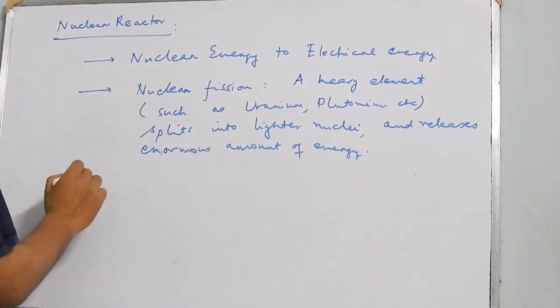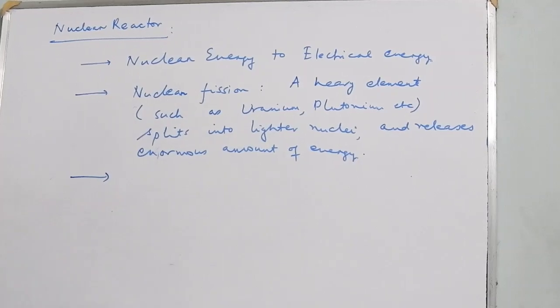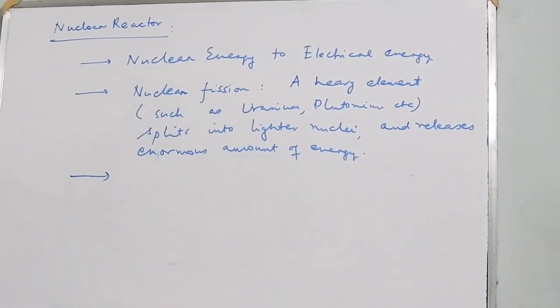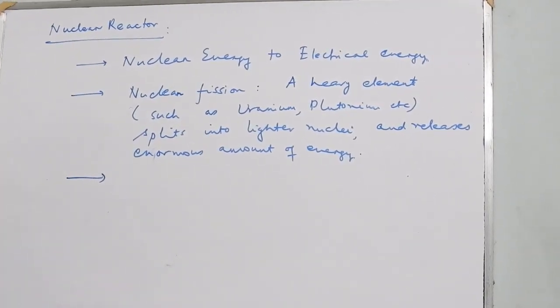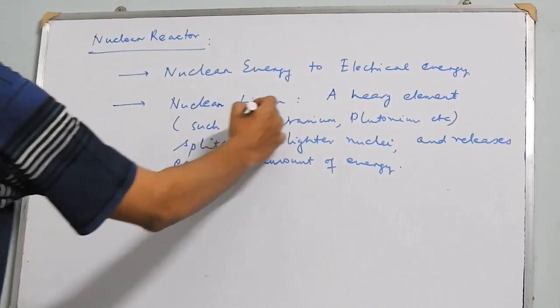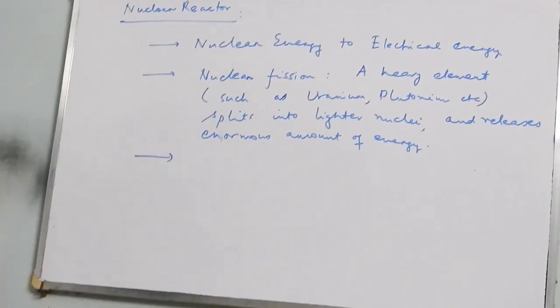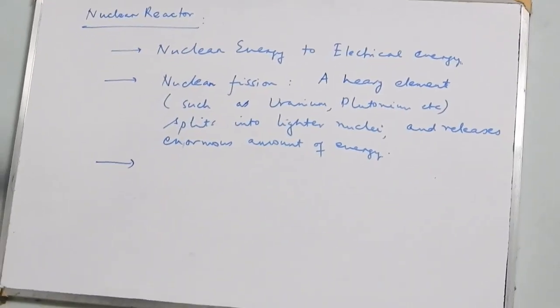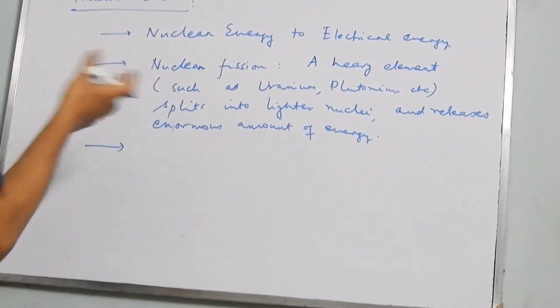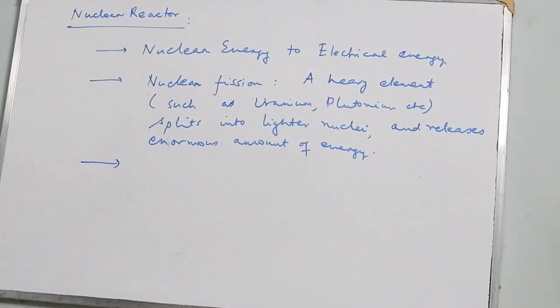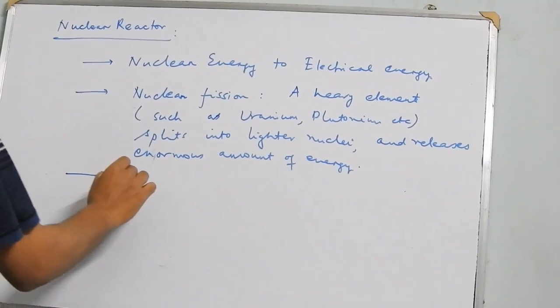So nuclear fission and nuclear fusion are two standard processes, but nuclear fusion we won't discuss because still it is not being utilized for production of electrical energy. So whatever nuclear phenomenon occurs, in any type of nuclear phenomenon,